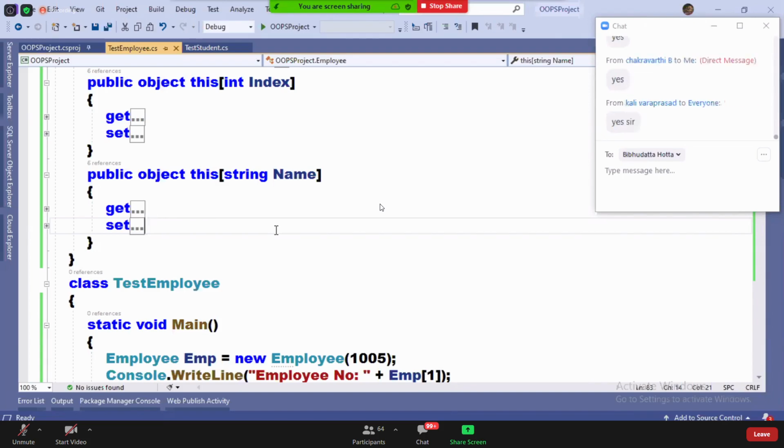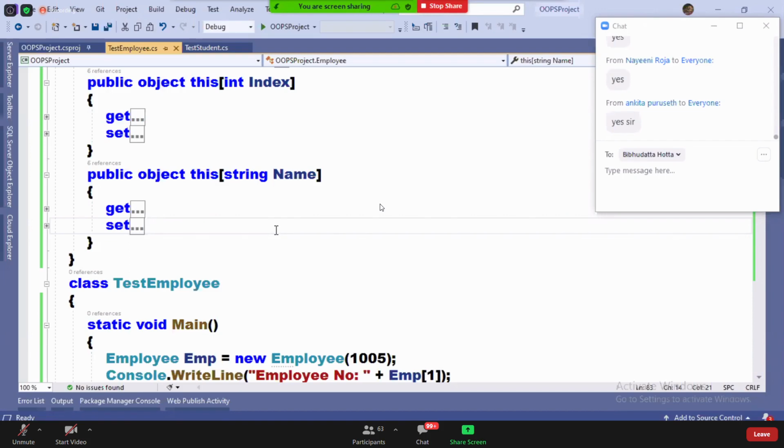That is the scenario where indexers come into the picture. Remember this, when we go to database programming in web, there you will be learning how to access the row values by using indexers.